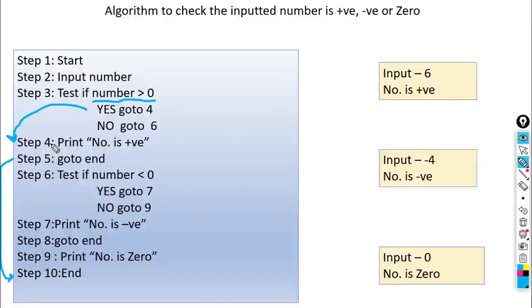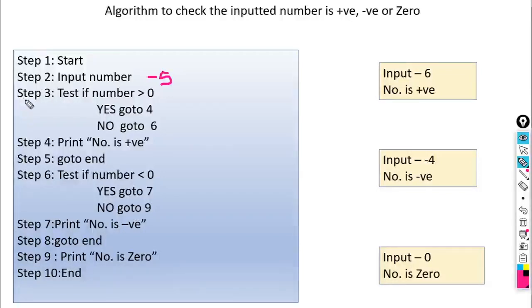Okay, next condition, if the number is negative, what happens here? Suppose the number is negative, then how we can check this one? As input number. Okay, number is inputted, suppose -5, then it will check first, because first it will execute step number 3, because algorithm executes the statements one by one sequentially in consecutive manner.